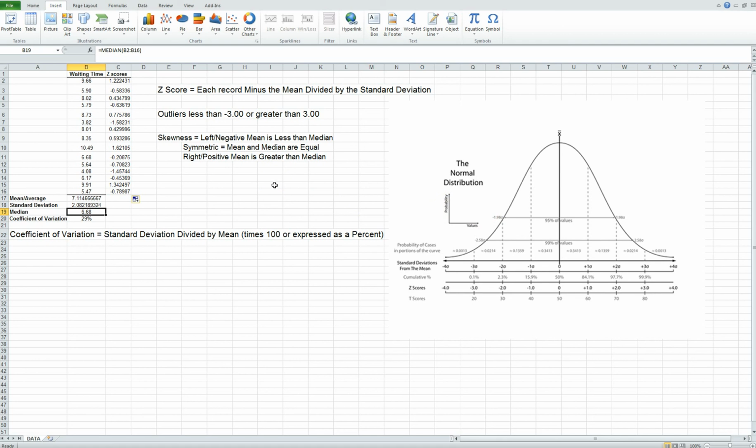The last thing you need to be concerned with for problem 3.18 is the coefficient of variation. Again, that's just a simple formula: the standard deviation divided by the mean. You can multiply it by 100 or simply express it as a percent. Here I have that value of 29%. Just to show you where it came from, again, it's the standard deviation